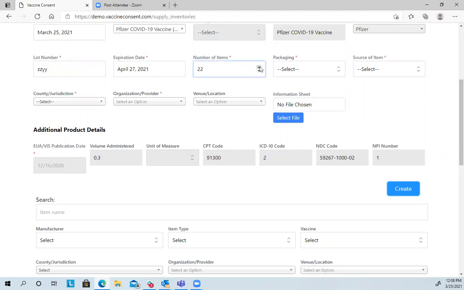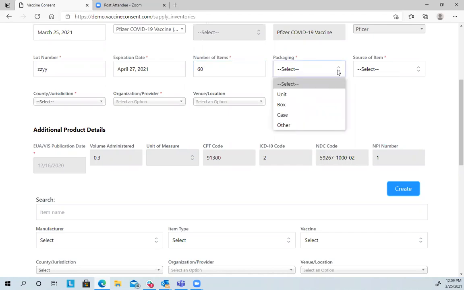So one of the questions is, what does this mean? Sometimes people say, well, number of items, is it number of vials or number of doses? Please check with your administrators. That's really up to them to decide. Many of them use it by doses so that you can decrement adequately in your clinics, but it's always good to check.